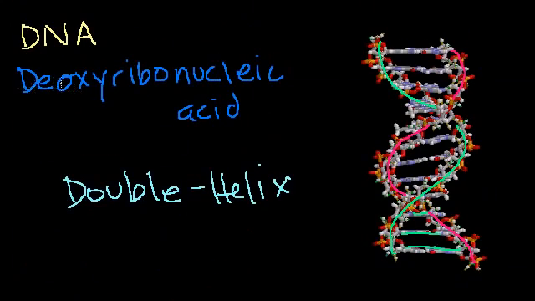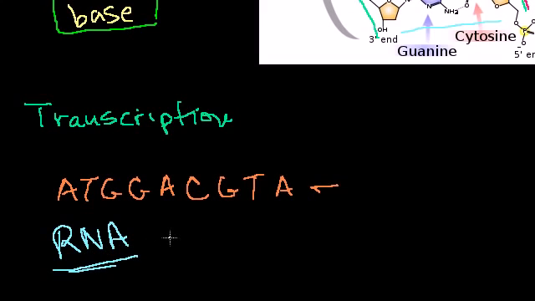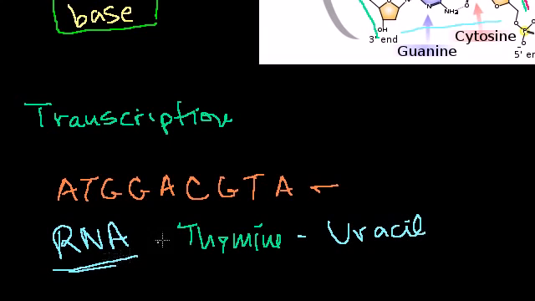So it's literally, you get rid of the deoxy, so you can kind of say it's got its oxy, and it's ribonucleic acid. But it's very similar to DNA. It codes in the exact same way. And the only difference between RNA, instead of a thymine, it has something called a uracil. A uracil. So every place where you would have expected a thymine, you would have expected a T, you'll now